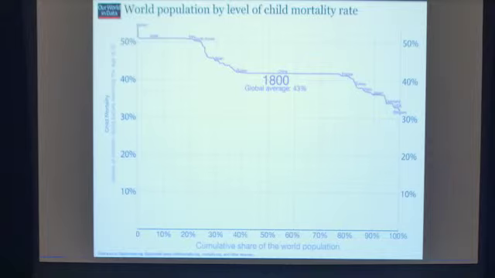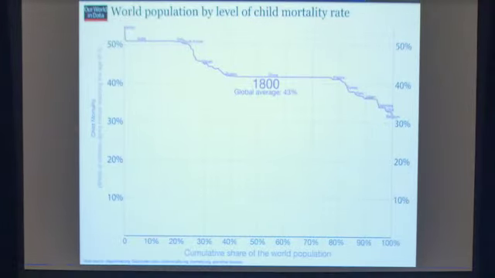So Yemen and India are the countries back then with the highest child mortality rate. Child mortality is child dying before reaching the age of 5. And back in the day, more than every second child died before reaching the age of 5. And then further down the red line, you see countries with slightly better child mortality. China having a child mortality of just about 14%, and then the best of countries, Belgium, like the modern current borders, had a child mortality around a third, so every third child died in the very best of countries